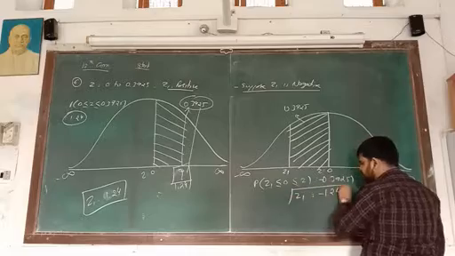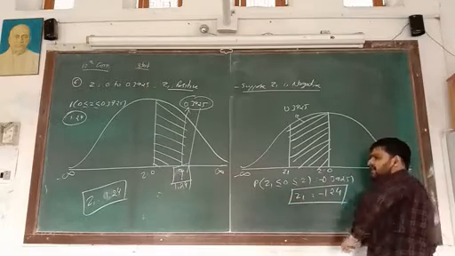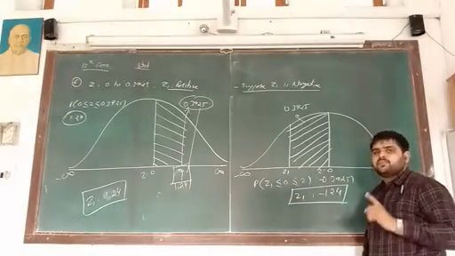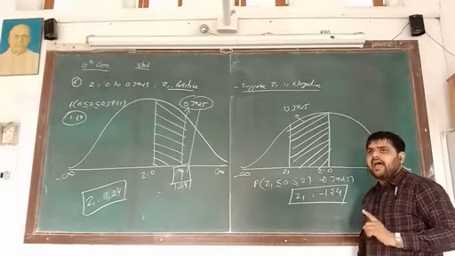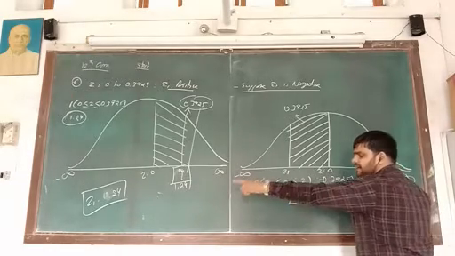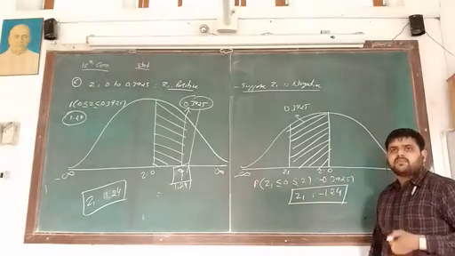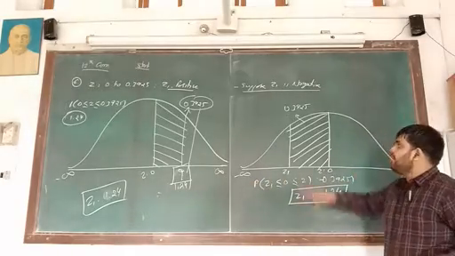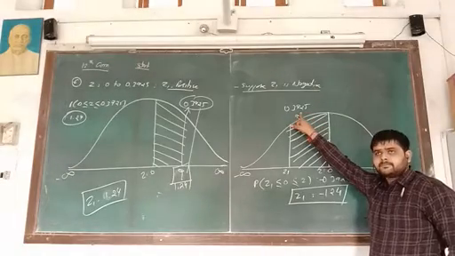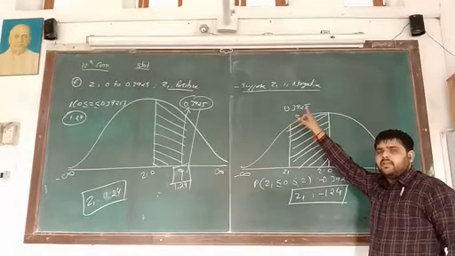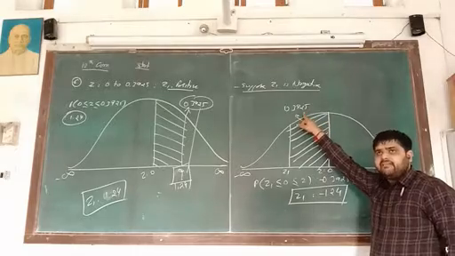So z1 is equal to minus 1.24. Two types of value are there, either 1.24 in plus or 1.24 in minus. So what we learn in this example is that on the basis of the probability area, we can find out the